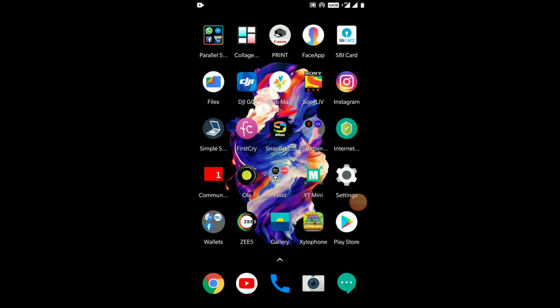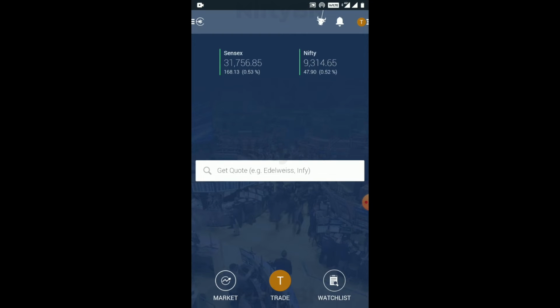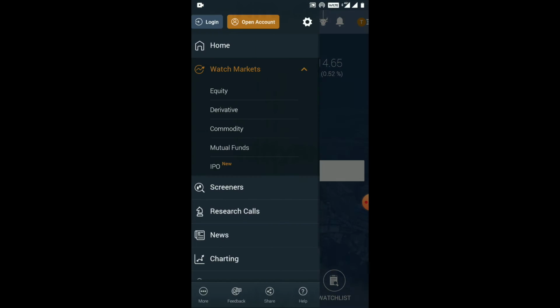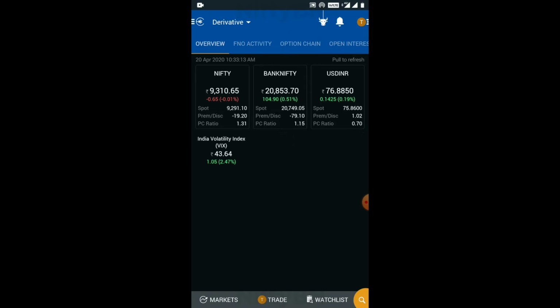Although there are some tools available to calculate the Greeks such as the Black-Scholes options calculator, we'll show you an easier way to get the values. Please download the Edelweiss mobile trader app from the App Store and open it. Go to the derivative section in watch markets and then click on option chain.